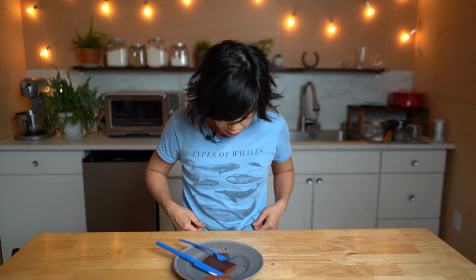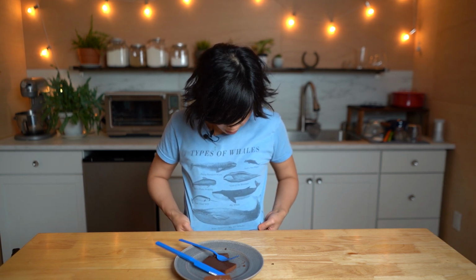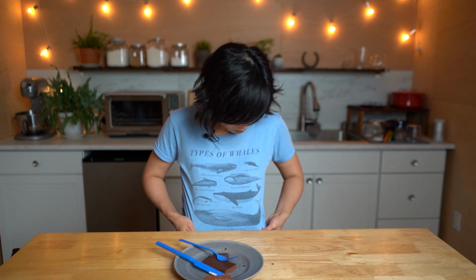Have I ever shown you this shirt? This is my type of whale shirt. I don't know if you can read the fine print, but there are different types of whales, like the big whale, the case of the Mondays whale, and just a wee whale. I think that one would be